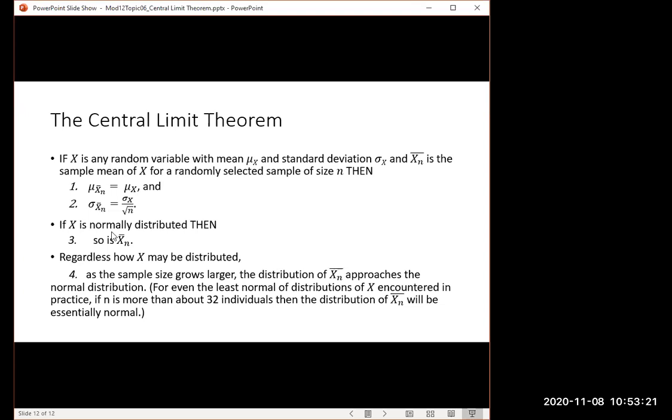If x starts out normal in the first place, then as you go down the larger and larger sample means, they all remain normal all the way down. So if you start out normal, it stays normal. But then if you don't start out normal, still, as the sample size grows larger, the distribution approaches the normal distribution. And for even the worst kind of starting distributions, ones that are extremely bimodal,